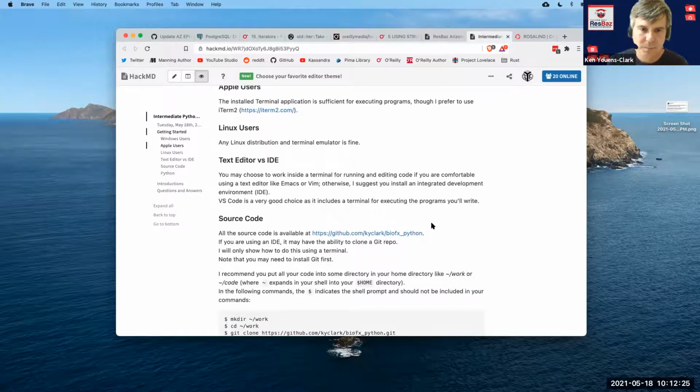I will be showing you how to use a code editor called VS Code. It's quite good. A lot of people like these kinds of integrated development environments. They're called IDEs. I tend to just write in a terminal using the Vim editor and running things on the command line. But if you're more comfortable in an IDE, you should absolutely use it. They can incorporate a lot of helpful hints and menu options, so that things aren't quite so scary when you're writing a program. All the source code is in this GitHub directory.